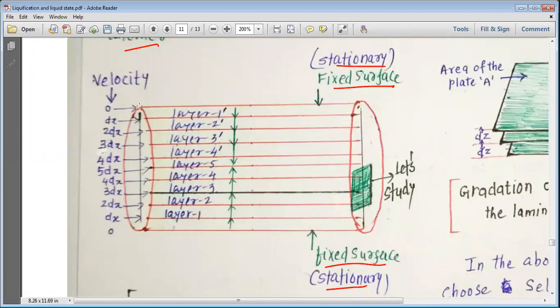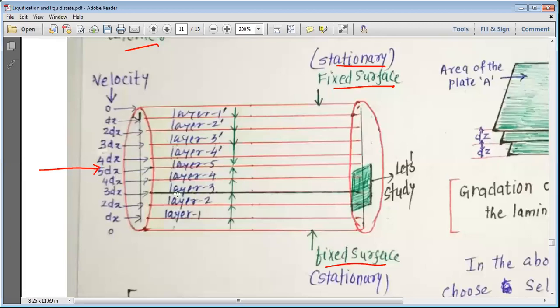Now my dear students, as we go away from the fixed layer, suppose we move to the layer 1 dash, or we move to the layer 1. So while going from this layer to this layer, you can see that the change in the velocity is dx. So when you go up or down from the stationary surface, the velocity changes. Now, how does the velocity change, my dear students? If you go down or up or towards the middle,